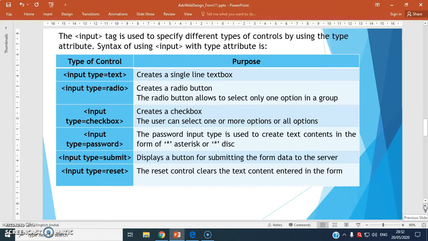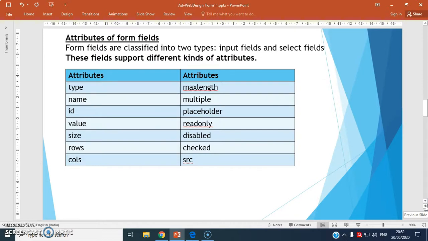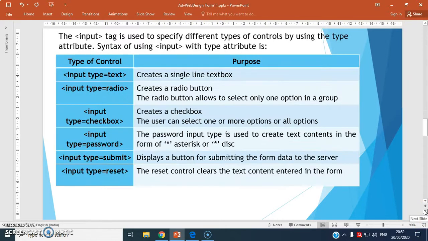This slide is talking about the input tag. We know the input tag has an attribute called type. See, we have seen previously it has a type attribute, and this attribute, as we all know, attributes take in values. So the type attribute will have different values. It has various values. I've listed a few of them.